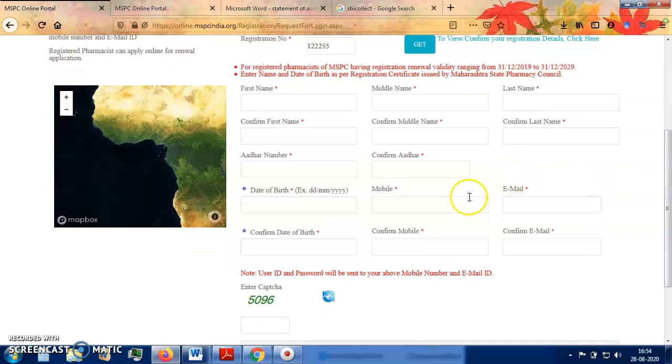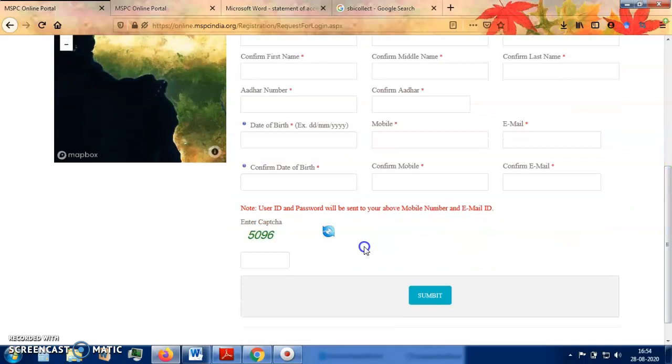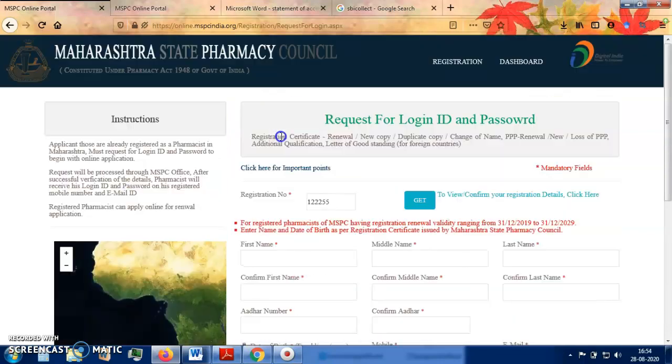After adding the OTP, this site will again redirect to a new page where you have to upload your picture and signature. And after doing this, you will get one ID and password on your registered email ID. Now that ID you will have to use for the further process.